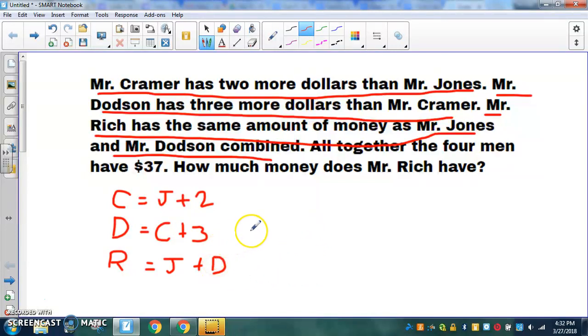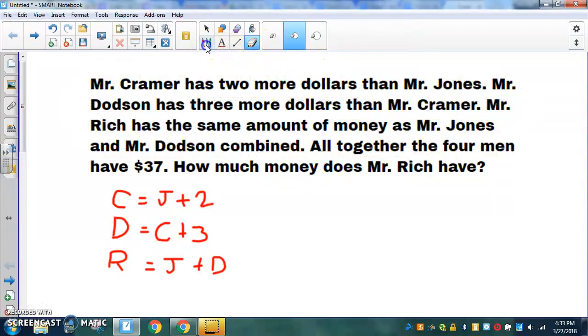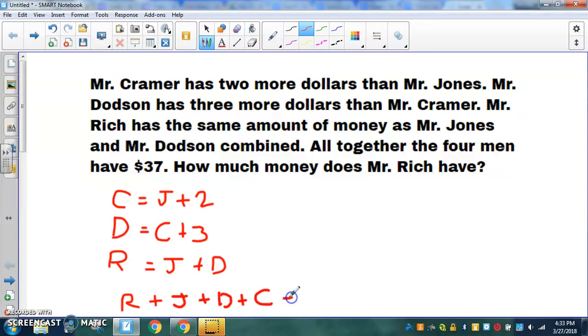So this is an example of a system of equations. I've got lots of equations here. I could actually think of this not as a system of equations, but just as a single equation. You have to be a little bit clever, okay? The basic idea here is, I forgot one. Altogether, the 4 men have $37. So R plus J plus D plus C is equal to 37. All right, so the basic idea here, guys, is we want to get this down to